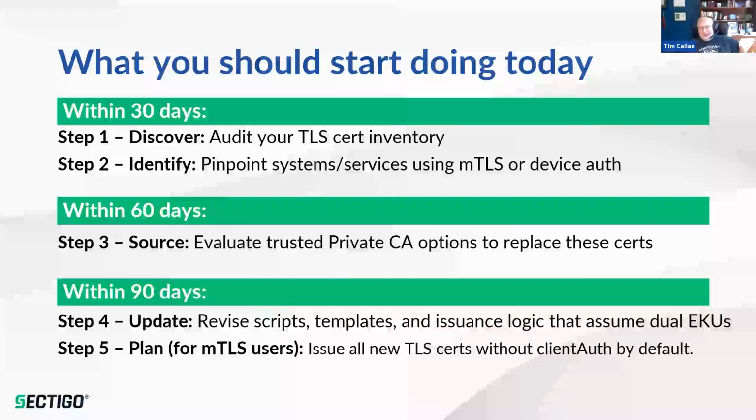And furthermore, how many do you use? Where do you use them? And what are they, down to the individual cert? And if you can't answer that, then you can't say yes to that question. That's step one, and that's step two. And so you literally have, what is it, the 5 weeks before things might start to break on you, and you'll find out the hard way. But as it says in the slide, within the 60 days, look, guys, you probably should be calling Sectigo to look at the private CA capabilities